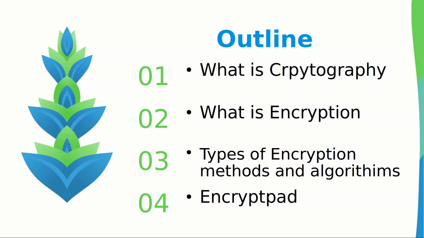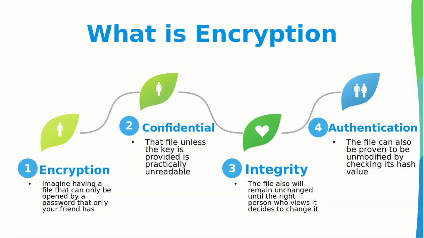It's how messages are kept secret, how identity is proven, and how data is protected from being messed with, and it can be broken really down into 3 pillars. But before that, what is encryption? This is the art of turning readable data into unreadable code, so only someone with the right key can unlock it, and it can be broken down into three concepts, which is confidentiality, integrity, and authentication, right? Confidentiality keeps that data secret, integrity keeps it unchanged, and authentication proves that data is legit. You understand? That's very simple